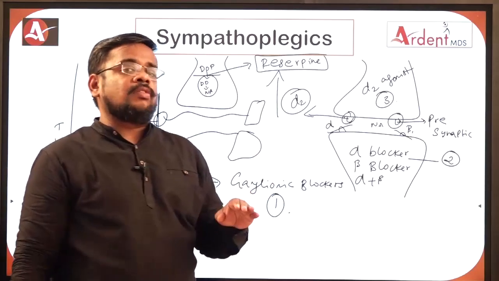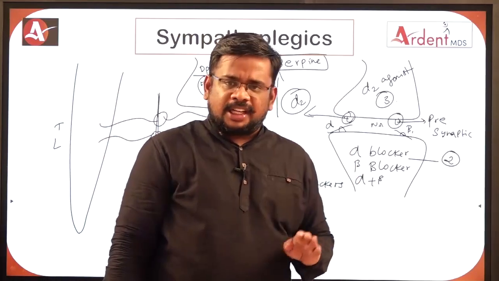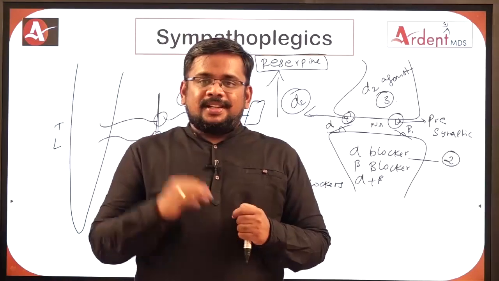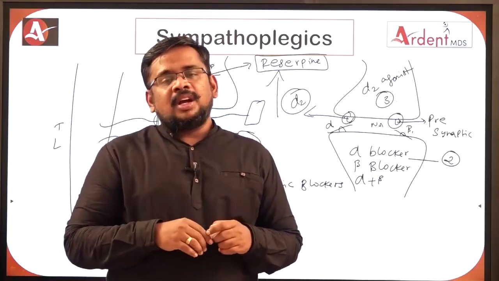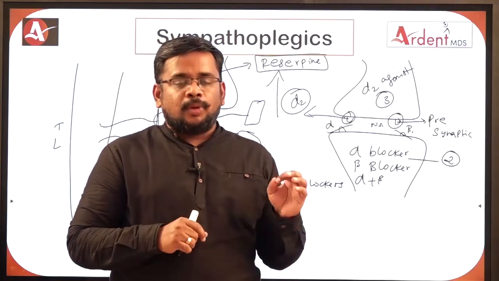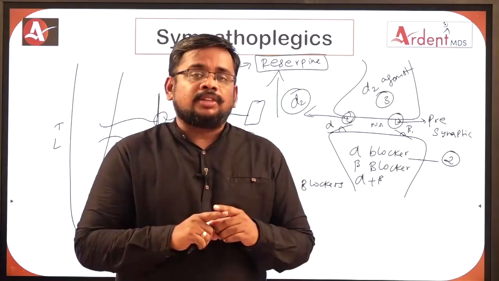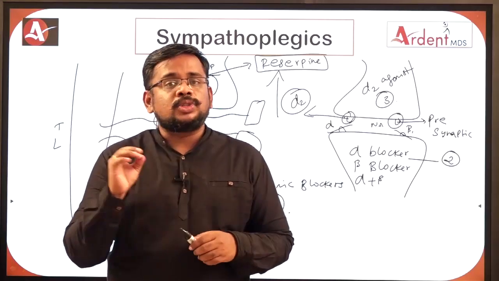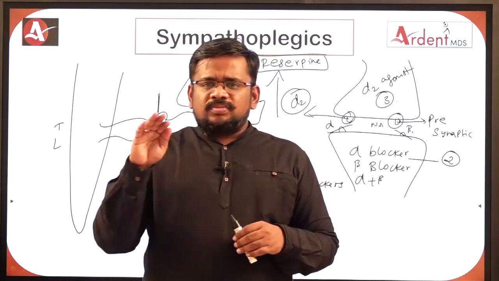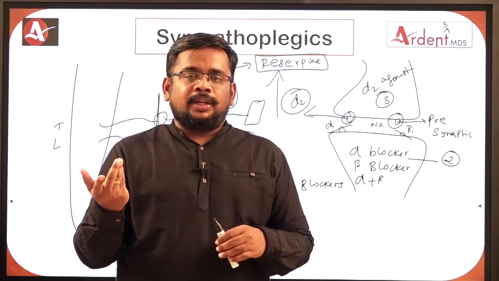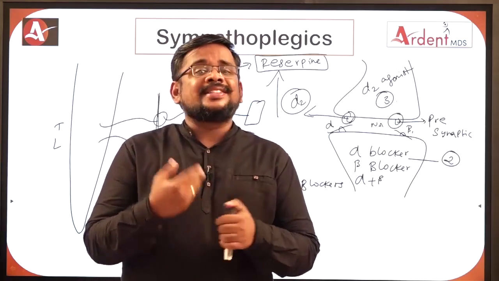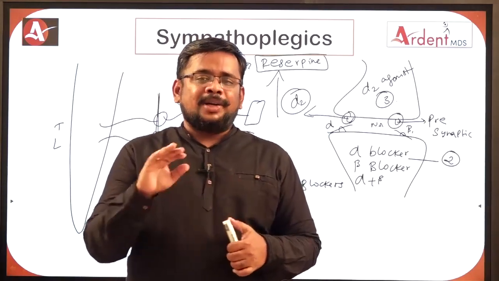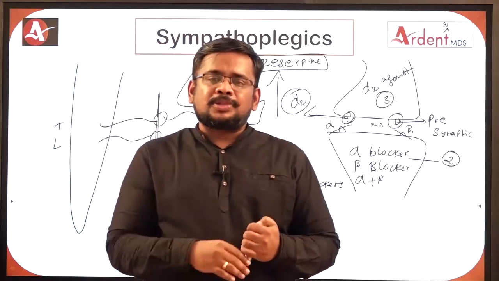By decreasing the synthesis of noradrenaline you can decrease the sympathetic activity. Clear? But reserpine is not used nowadays. Why? The reason is reserpine not only inhibits the uptake of dopamine, it also inhibits the uptake of serotonin. What is the importance of serotonin? Serotonin is a good mood stabilizer. Those patients who do not have serotonin have more tendency for suicide, which increases the suicidal tendency. That's why reserpine, a serotonin blocker, is not at all used nowadays.